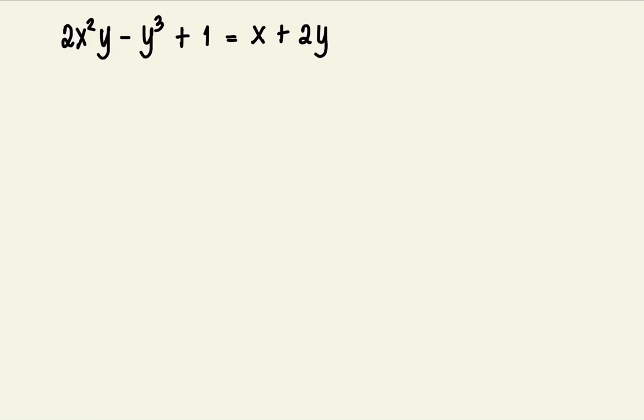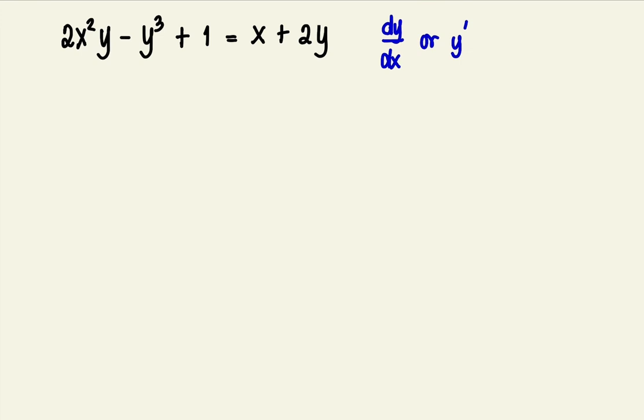Given the implicit function 2x squared y minus y cubed plus 1 equals x plus 2y, let us find its derivative, or let us find the derivative dy/dx or y prime by performing implicit differentiation. So in implicit differentiation, we just differentiate each term of the given function